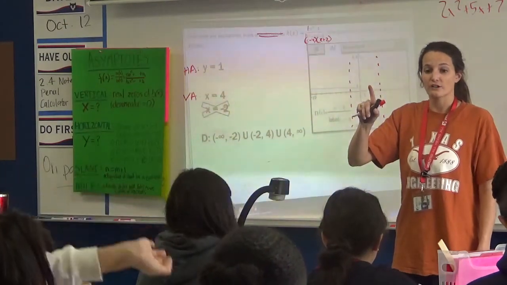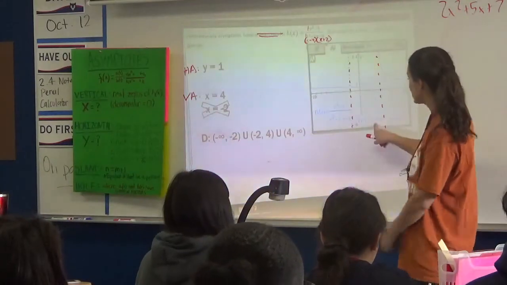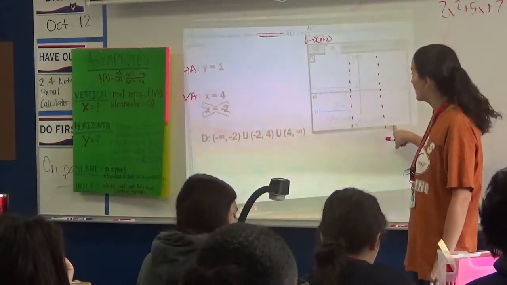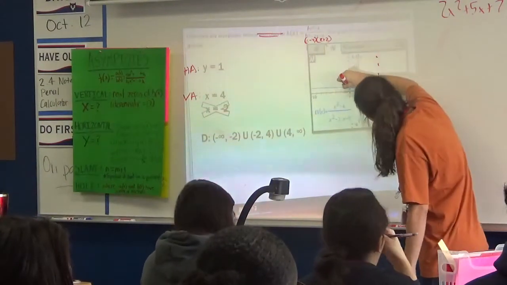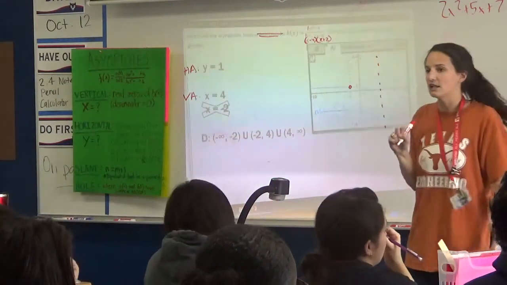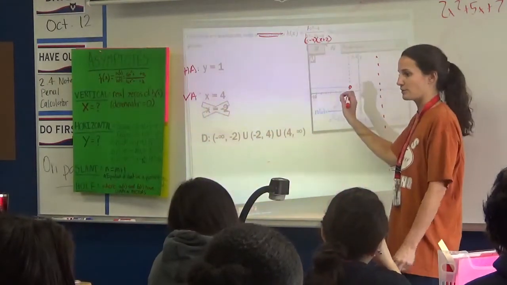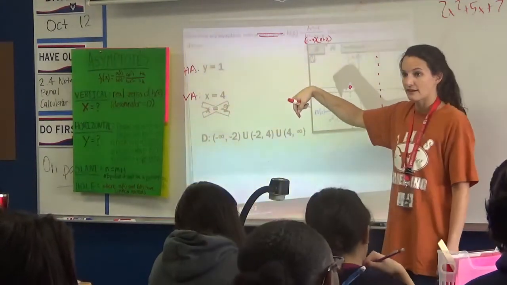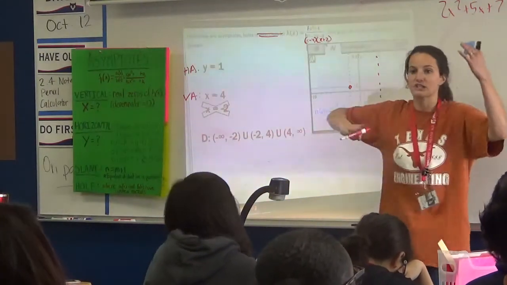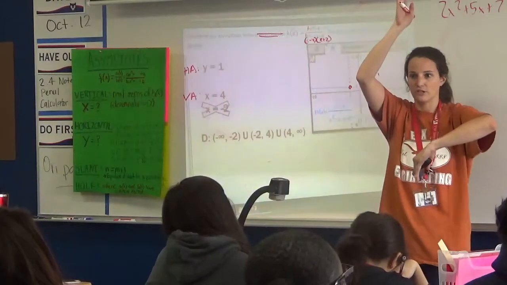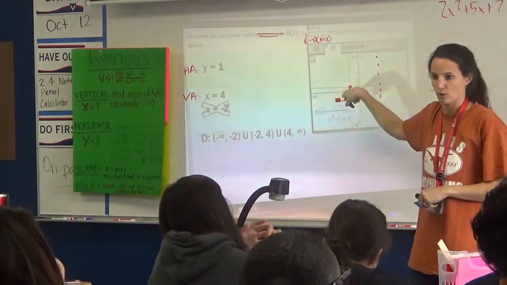If you plug -2 into your calculator after you graph this, with trace, it will still give you undefined. So it's not an asymptote. What it is is a little bitty hole. The line's going, and then it stops briefly because -2 would give us 0 on the bottom, and then it keeps going. It just isn't an infinite discontinuity. It's not doing this on either side. It's just stopping for one second. It's a little hole.